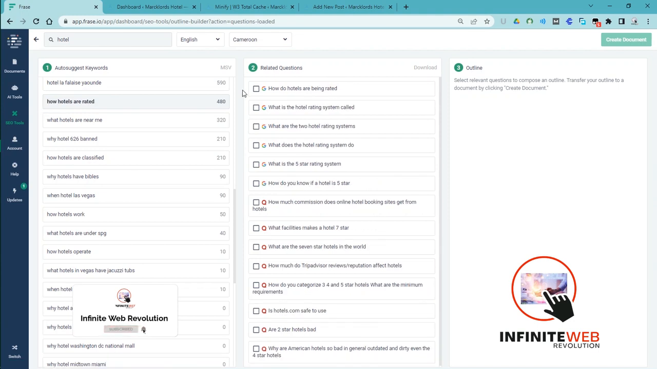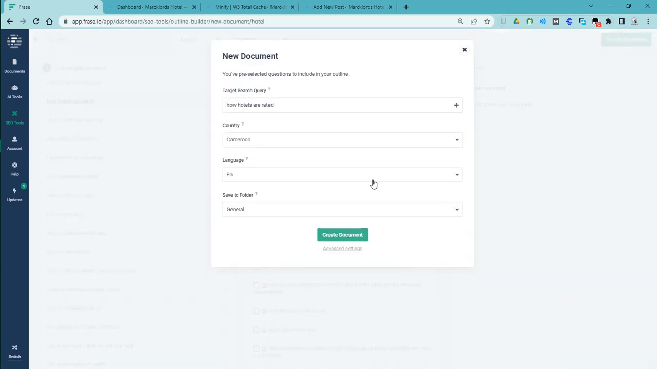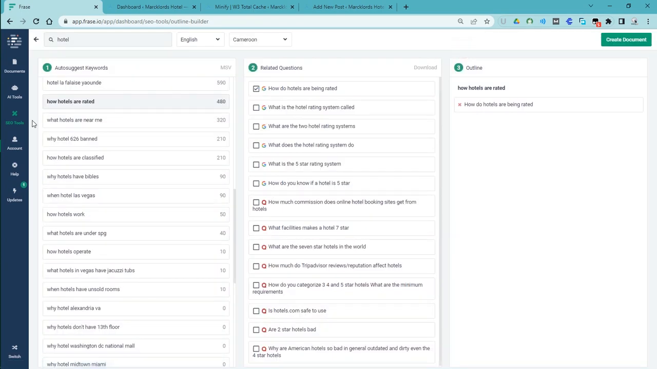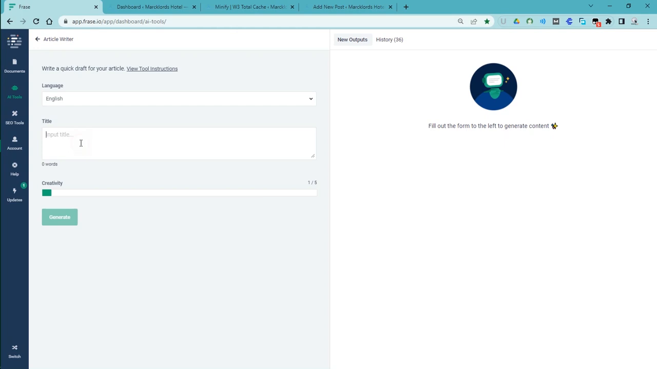So this one can go on to how hotels are classified and rated. This thing can create your document with that, but for now I'm not going to be using it. I'll just use an AI tool to write based on it how hotels are rated. So, article writer, I can just put